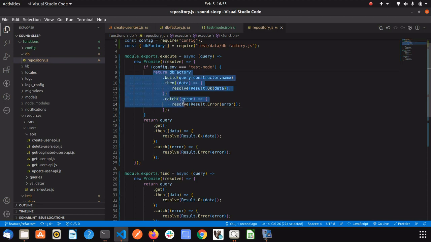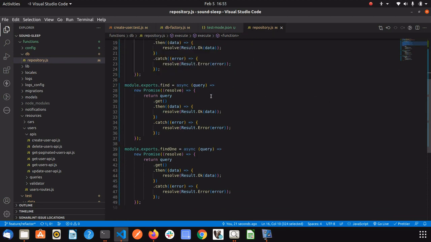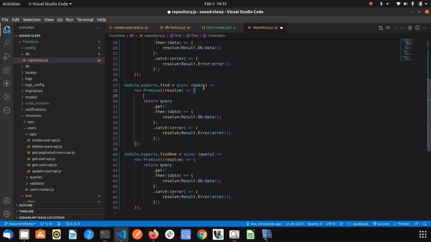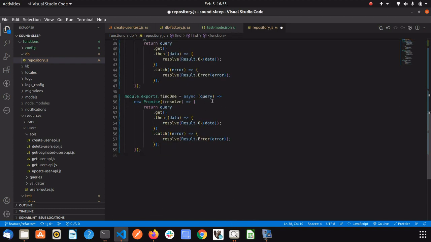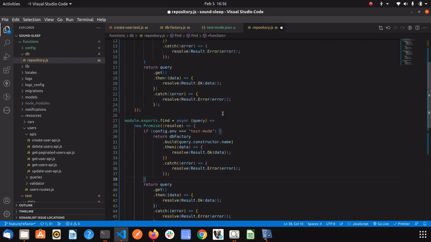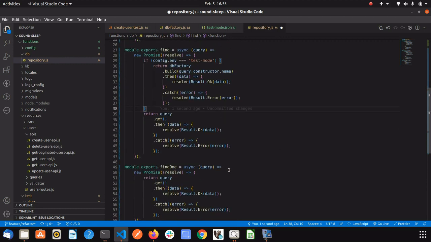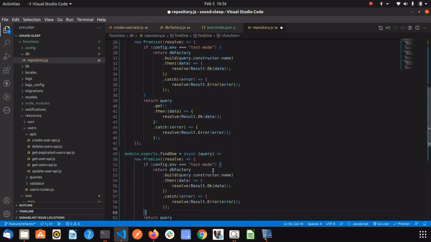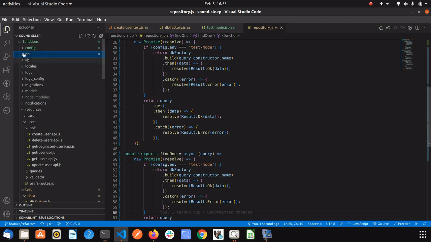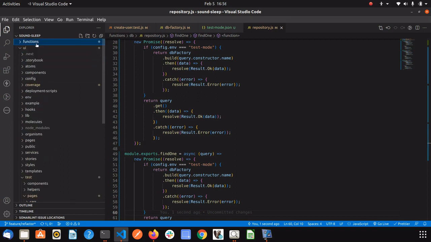It's the same thing we need to implement, not only for execute, but for find all, not find all, find one, find one and execute, save it. And the next step is to create an environment